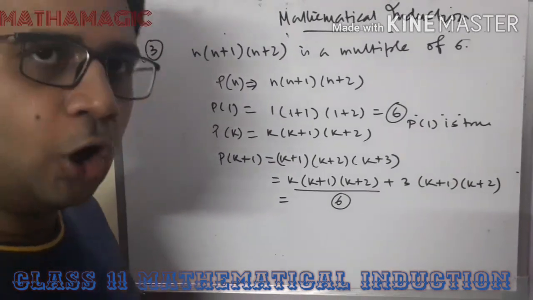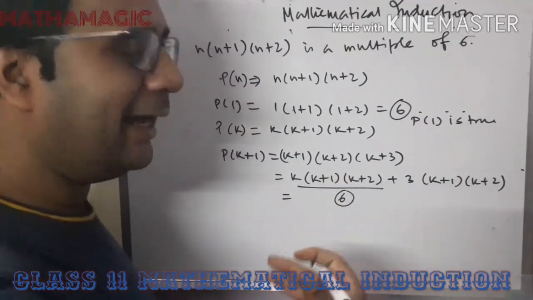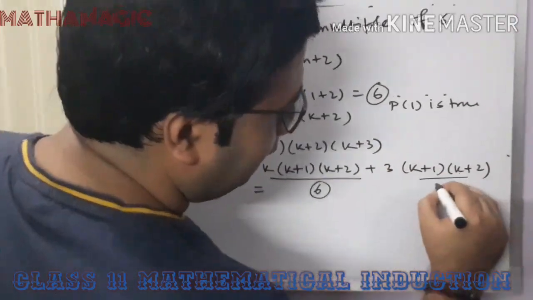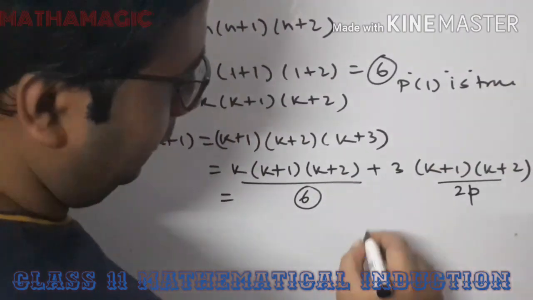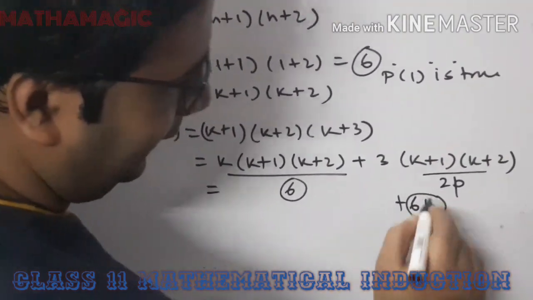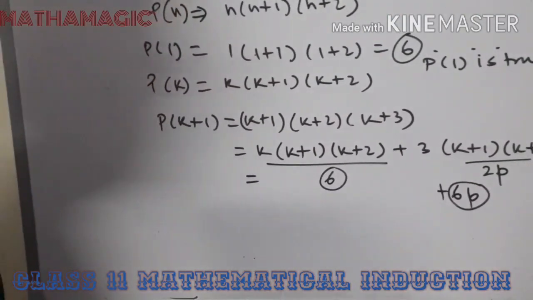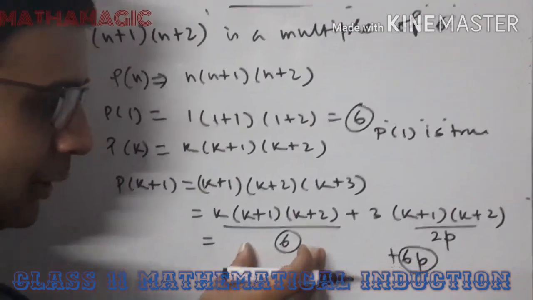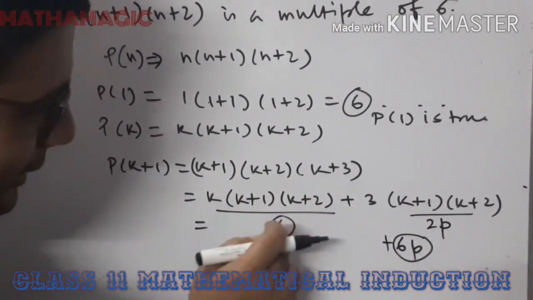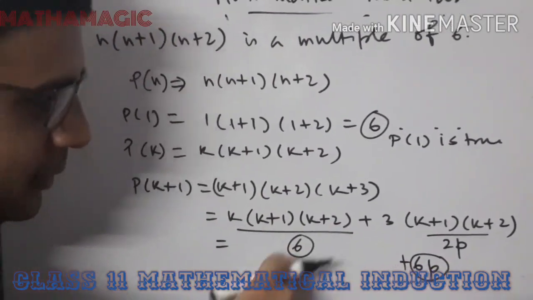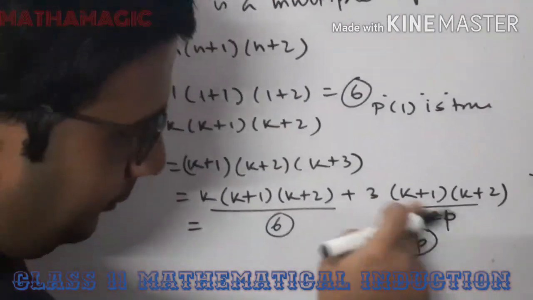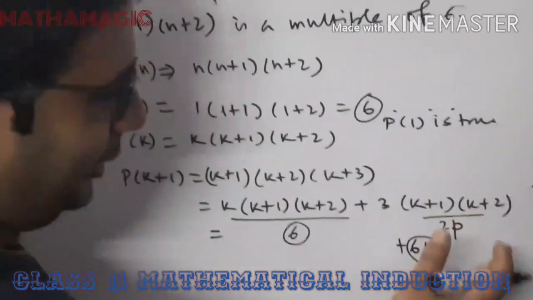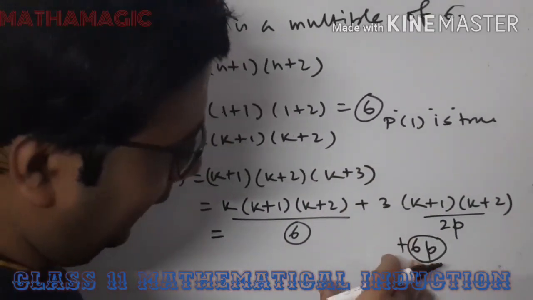Now even into odd, that means we will definitely get a multiple of 2 here, because there is an even number. So if we get a multiple of 2, and we take this one as 2p, then it will become 6p. Definitely 6p is divisible by 6 regardless of the value of p. So this is also a multiple of 6. We have already made the statement that this particular thing is divisible by 6 because P of k is true. Now we have taken the concept of consecutive integers, of even and odd. Then we have found that 6p is coming out.